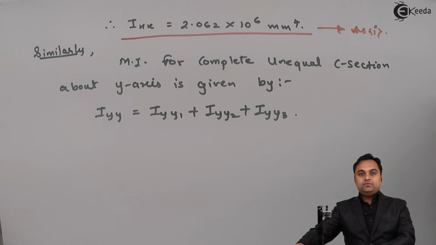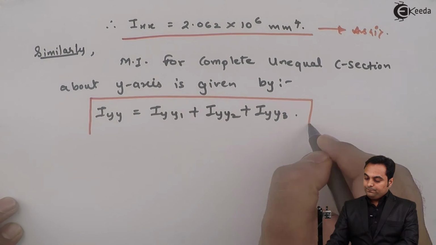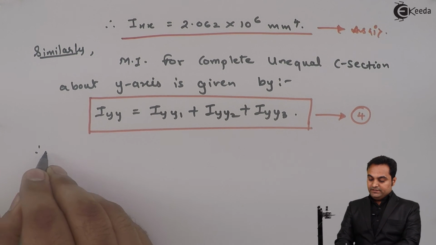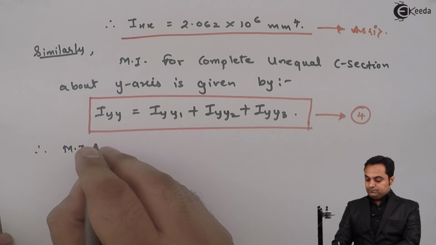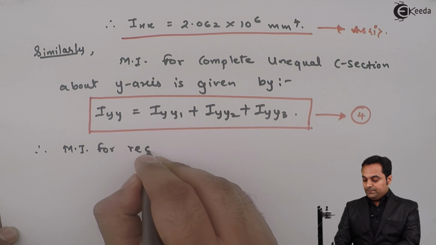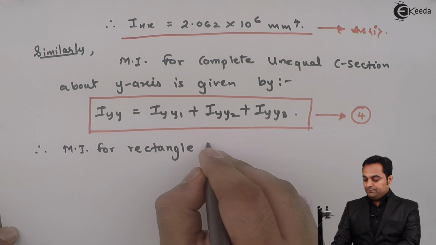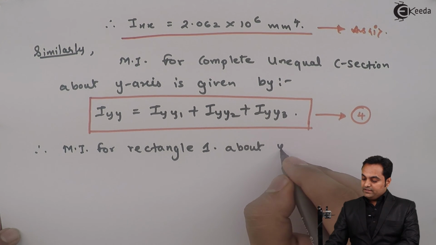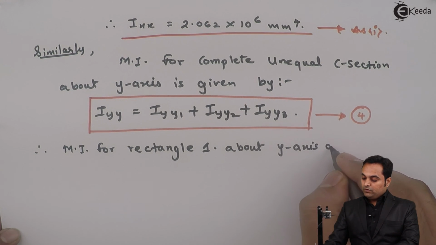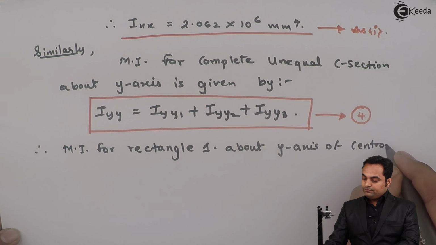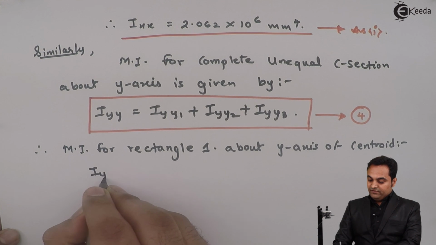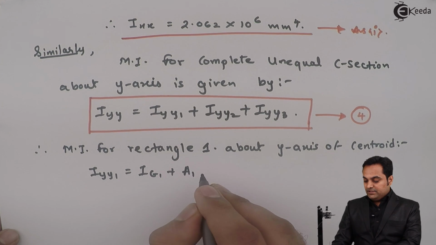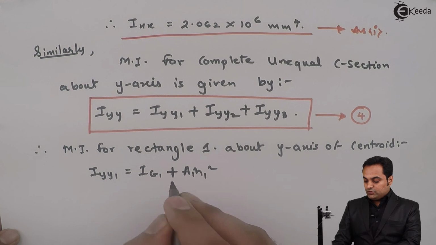I'll keep this as equation number 4. Now first Iyy1, that is MI for rectangle 1 about y-axis of centroid, Iyy1 will be Ig1 plus area 1 into H1 square